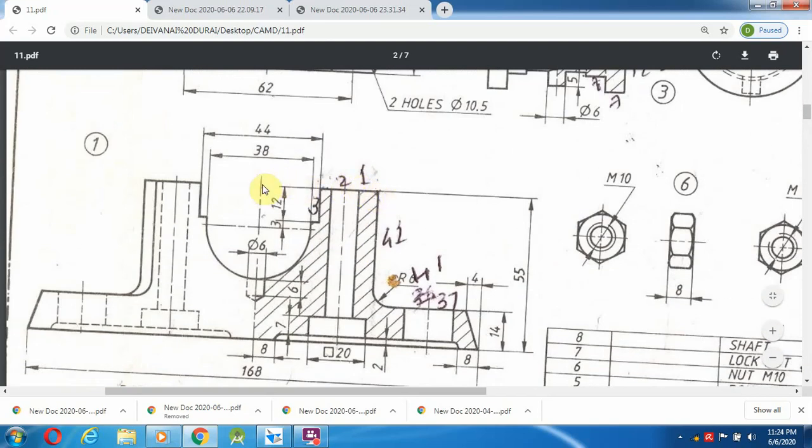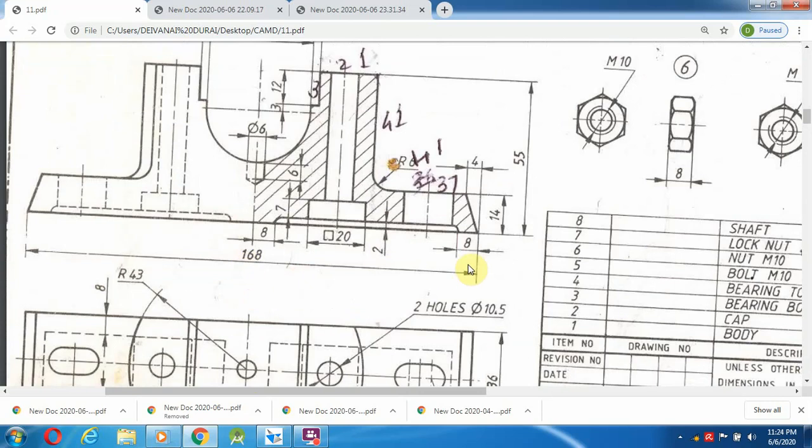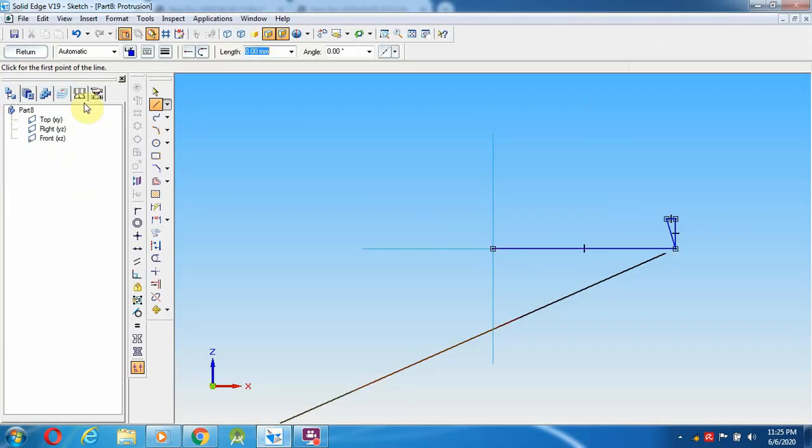So from the mid axis to here is a 43 mm distance. We have already drawn up to 84 minus 4, 80 mm. 80 mm minus 43 is 37 mm. I am going to make a line towards the left. So I'll select a line from here to here, 37 mm line height. Then what is the height?